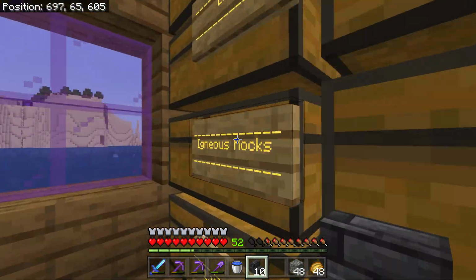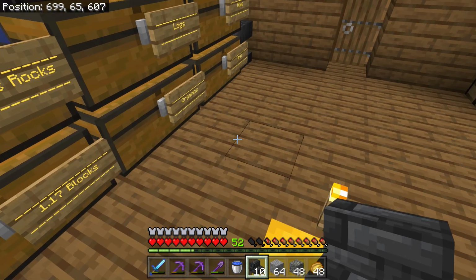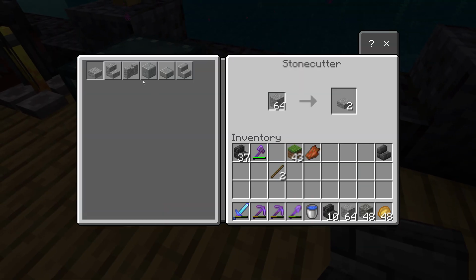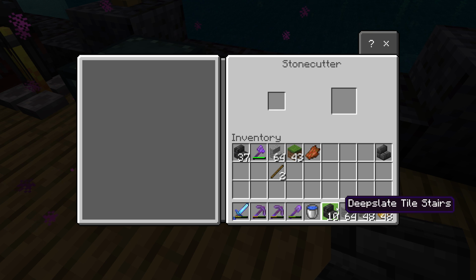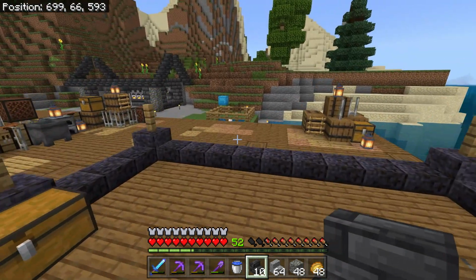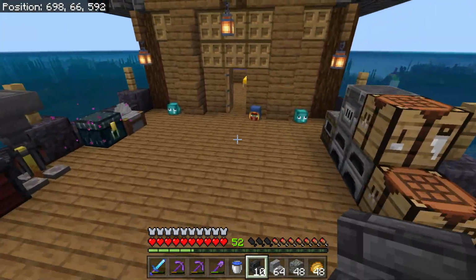Okay, so we have tons of andesite over here. Let's go grab, I don't know exactly how much we need. And we don't need to polish it or anything like that. We're just going to go like that, and we're going to make these guys right here. And hopefully that will be enough. And that way we'll actually have, oh, wait, before we do that, I'm going to have to get some more